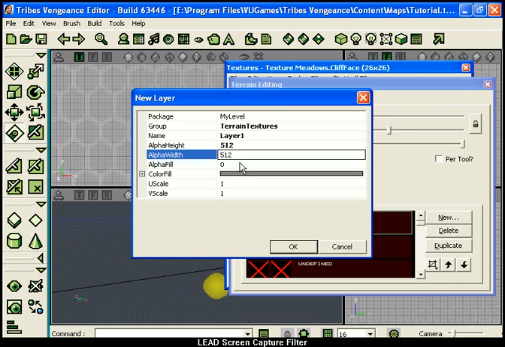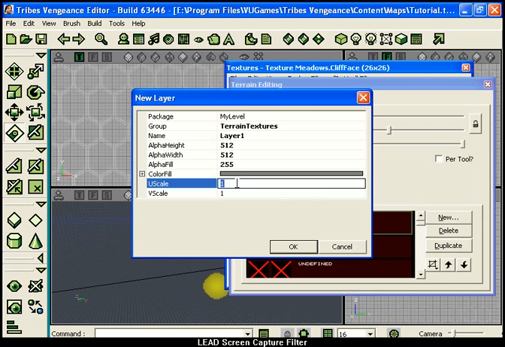Alpha fill 0, that's black. If you wanted to just paint manually where you wanted the terrain to appear, you leave it at 0. It's good for like roads and things. But we want this to cover the entire surface, so we'll put this at white, which is 255. U and V scale, we'll set at 8, and color we won't worry about. So we click OK,